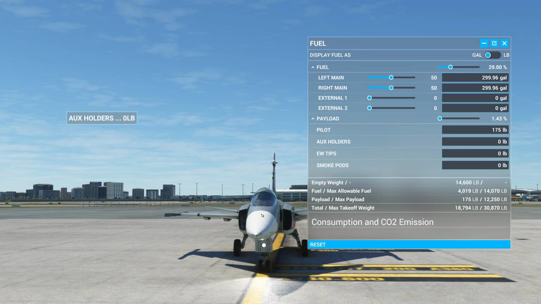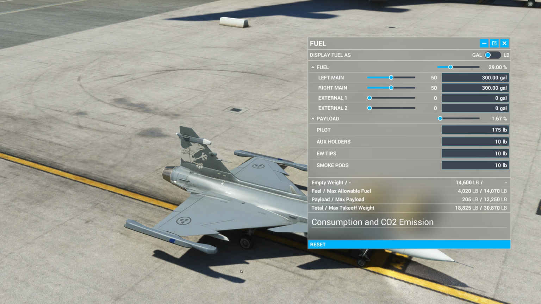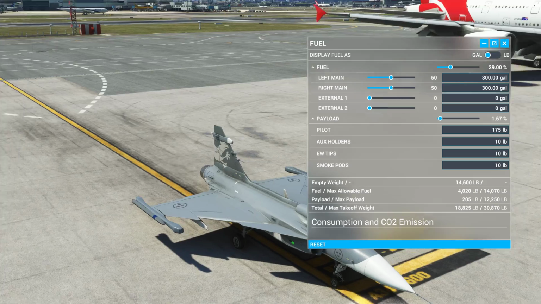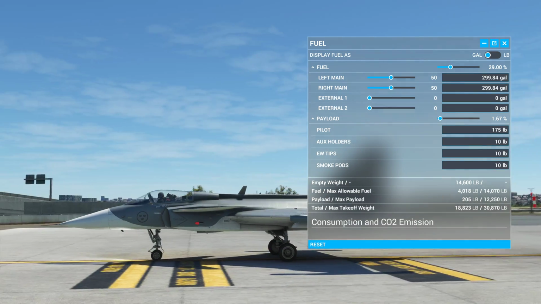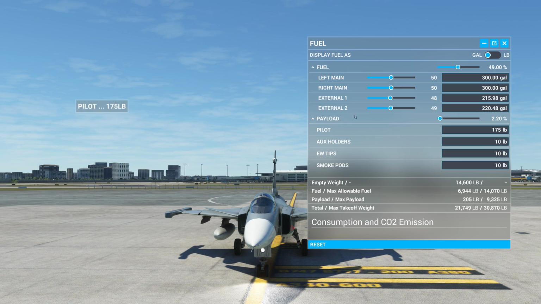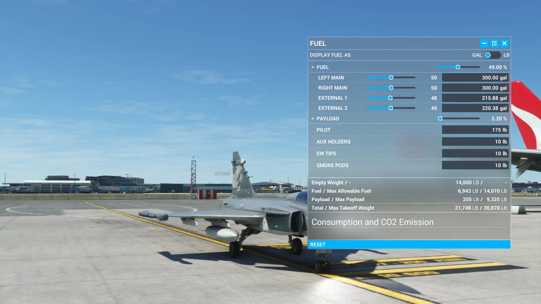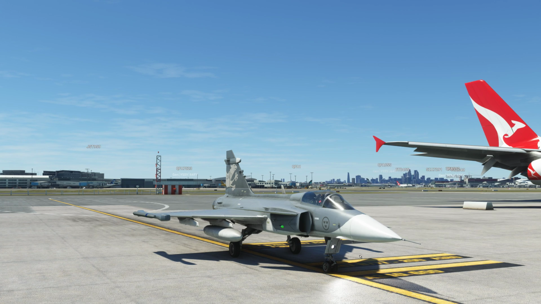If I want the auxiliary holders, so that's the extra tips, or the EWT tips, I'll show you what this is. If I were just to put in £10, £10, and £10, I now have the smoke pods and the EW tips and the auxiliary holders, which is only these ones here on the outside. You can't put the fuel tanks on those, but you can go back and put the fuel in here. Looks like my plane was automatically adjusting for that. Alright, £10 will actually do it. That may be revised in the final release. But at the moment,